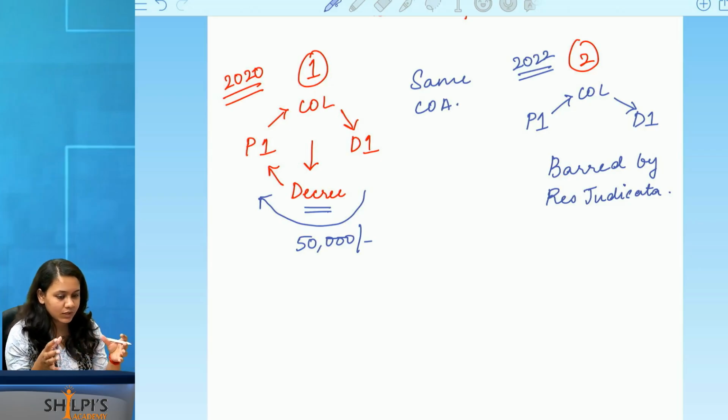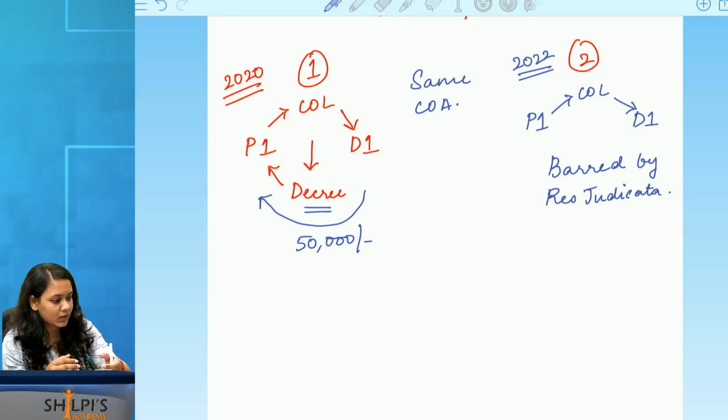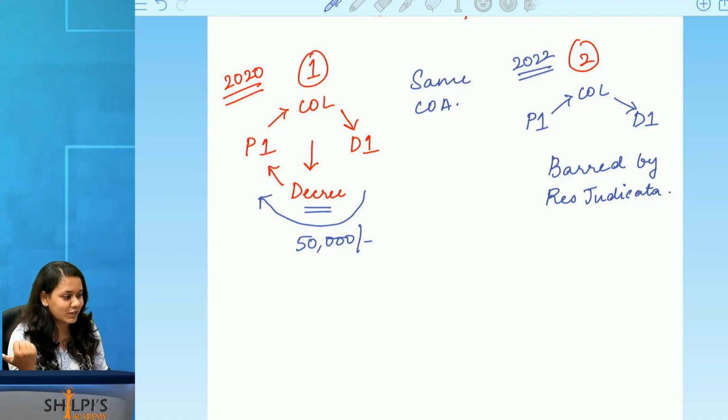So can you understand when I'm saying they have to be two separate ones? In the sense that one right is violated. But in this case, it's not a right, like income tax. Non-payment of my income tax the first time is a violation. Then when I do it for the subsequent year, second cause of action. Then third cause of action. So the IT department can file 3 different suits against me if I don't pay for 3 different years. And I cannot say, no, you are barred from ever filing a suit against me because you already filed a suit against me last year. Okay. So I hope this part is clear for you.